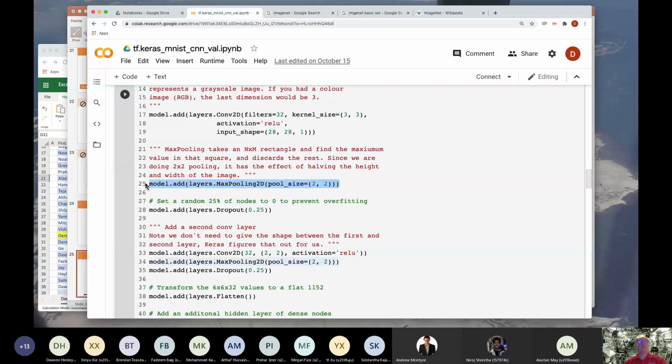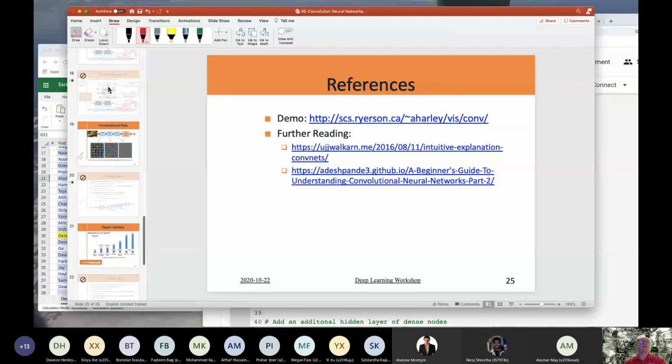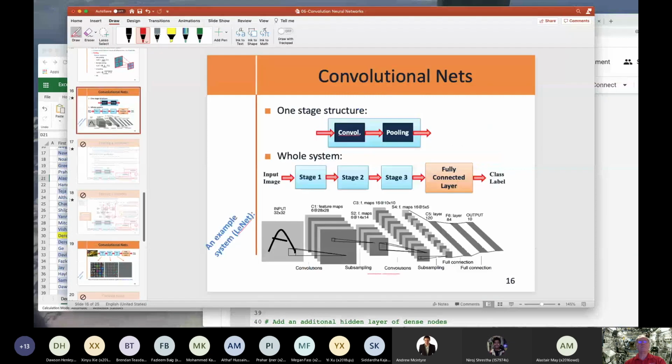The next thing we do is the max pooling. So we take a 2 by 2 filter, all right, and we apply it to what we get out of the 32 filters. Now remember, every one of those 32 filters looks like this. So each one of these is a kernel, it generates a filter, which is an array of values that's produced by passing the kernel over the entire image.